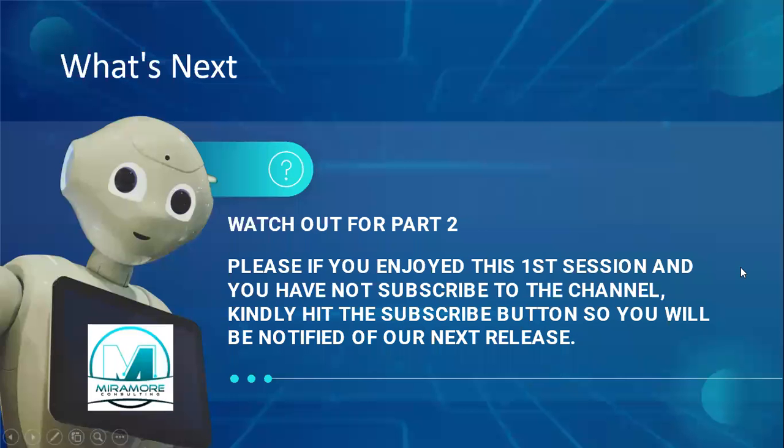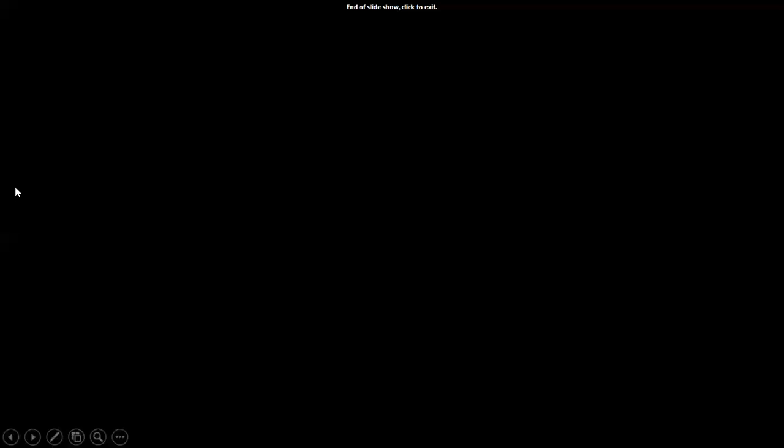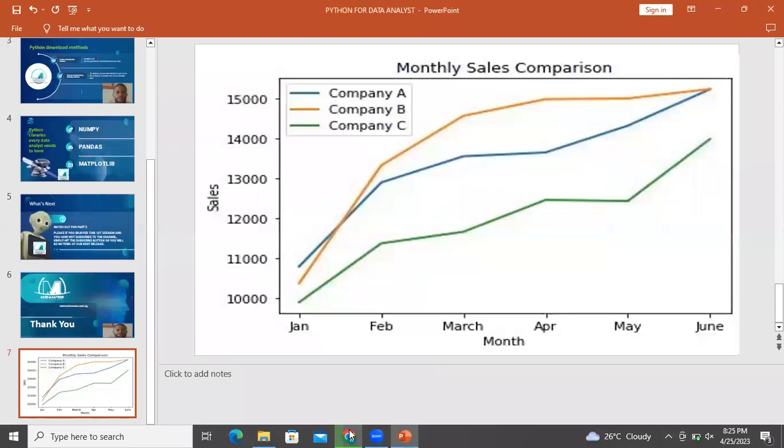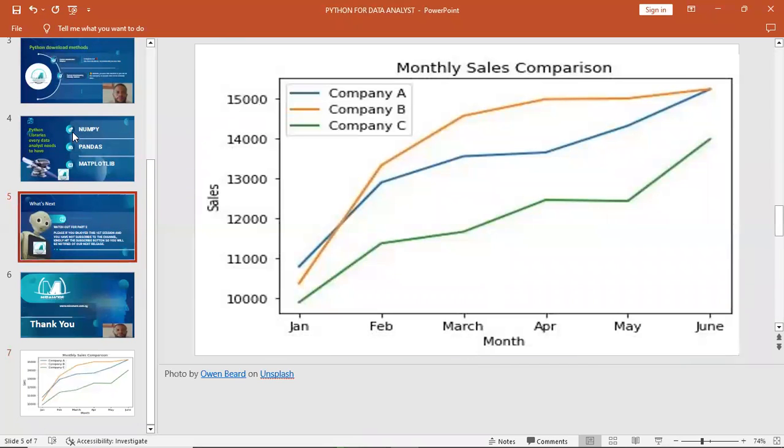For example, if I move over here, you will see one of the graphs that I prepared using Matplotlib in Python for a company. You can see it showing the sales trends. We talked about trend analysis in one of our classes. So these are just duties of Matplotlib, and it's important that you are well conversant on how you can actually make use of it.